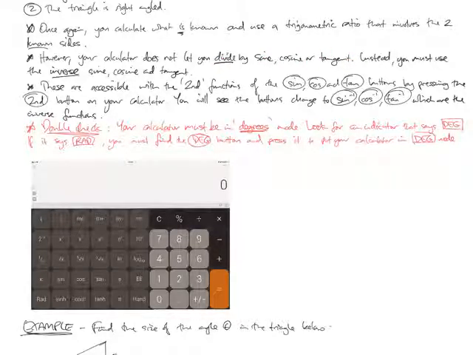The problem here is your calculator doesn't let you divide by sine, cosine or tangent ratios. Instead, you have to use the inverse sine, cosine and tangent. How do you access that? You press the second function of the sine, cosine and tan buttons. So you'll notice on your calculator